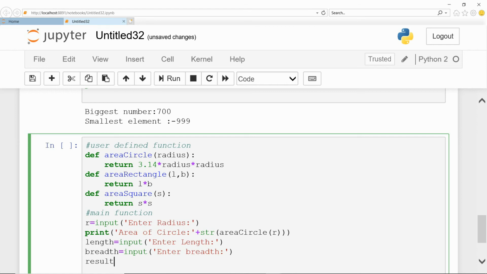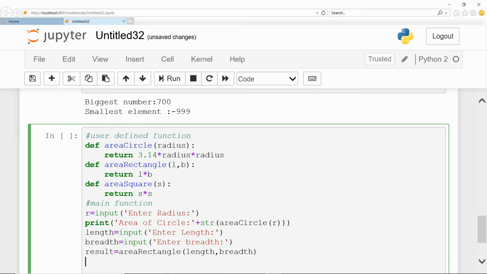result equal to area_rectangle in brackets, length comma breadth. Whatever function is called by area_rectangle, it switches to the function definition area_rectangle, returns L into B, and stores the result into the variable result.